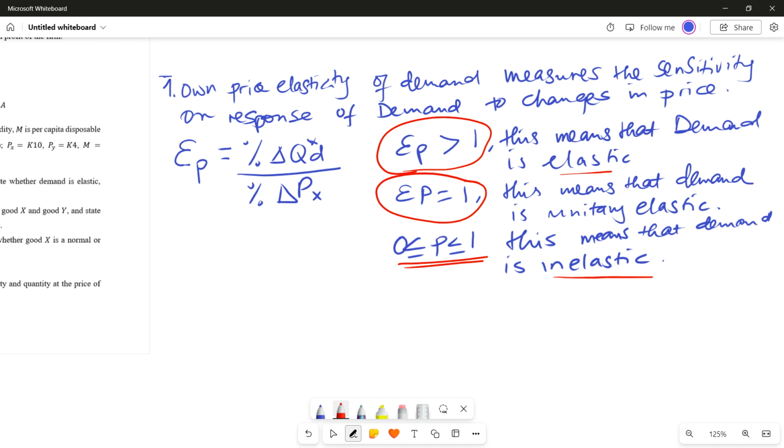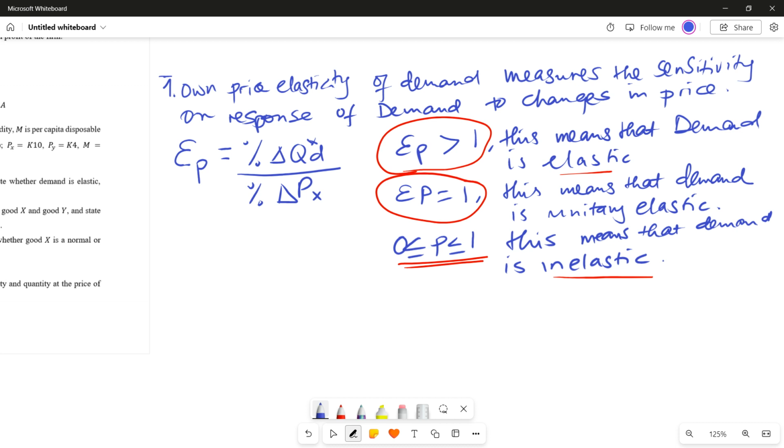In most cases, you're going to find that these commodities whose demand is inelastic are controlled by the government. For instance, the case of Zesco. With Zesco, demand is inelastic because Zesco has no substitutes for now. So no wonder Zesco can just wake up and increase the rate, because they understand that consumers have no choice. Even if they cry, they will still end up buying Zesco units. All right, so that's the first type of elasticity.